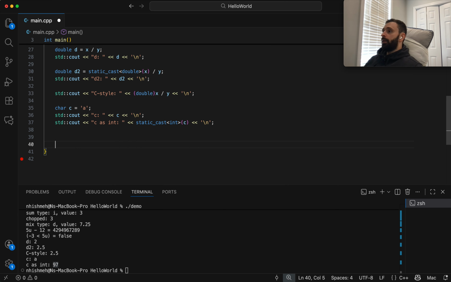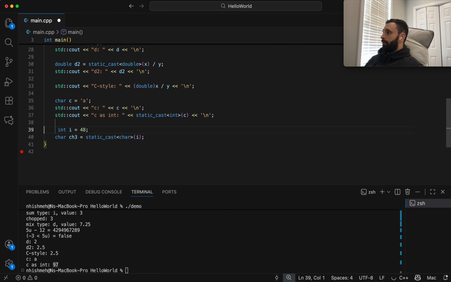Okay, so let's look at another example. We have int i equals 48.